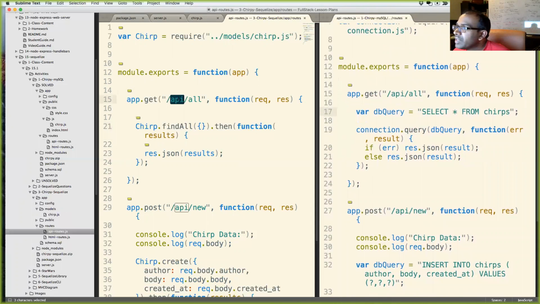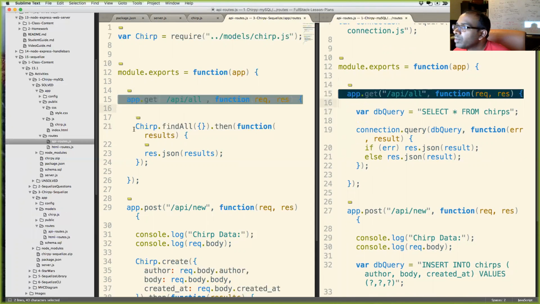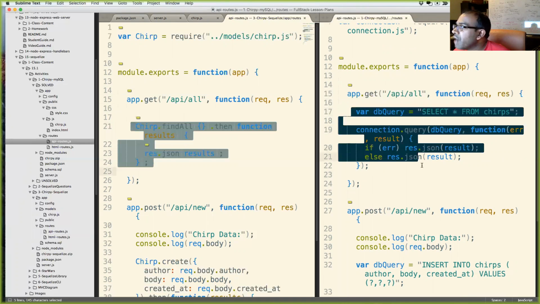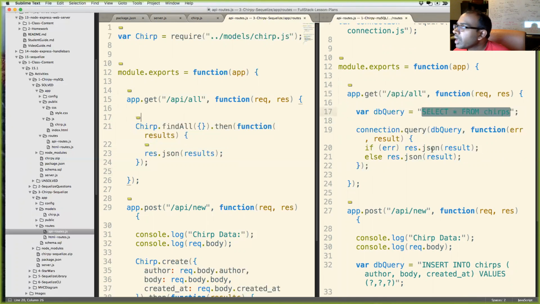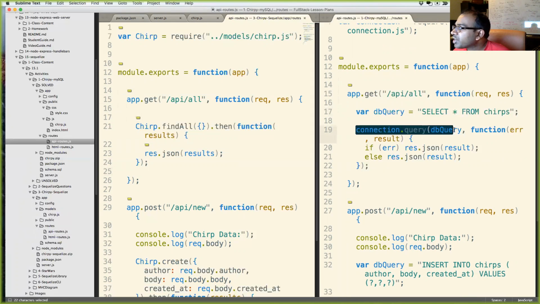We see the same route from before. This is Sequelize. This is no Sequelize, right? We're doing a select star from chirps, and we're executing that query. And when that query is done, we're running this anonymous function,